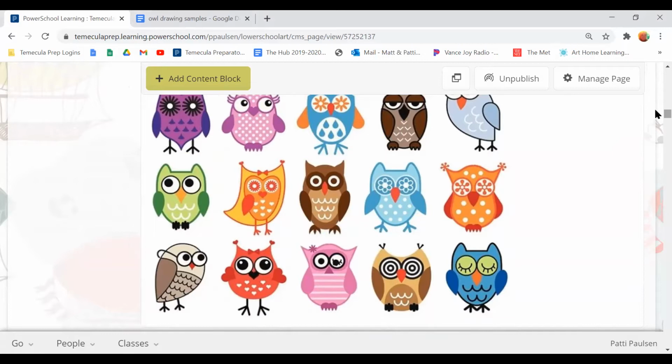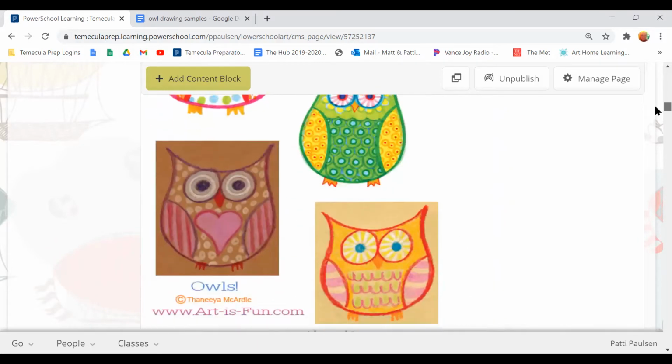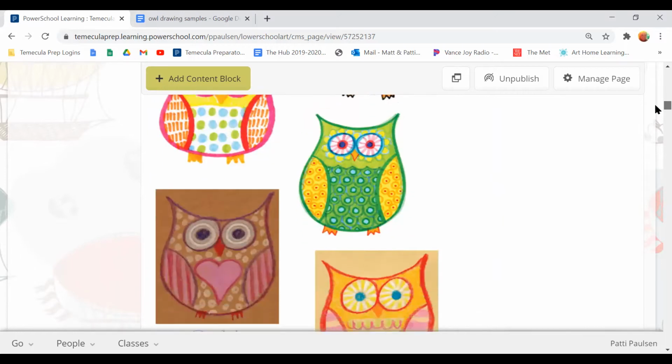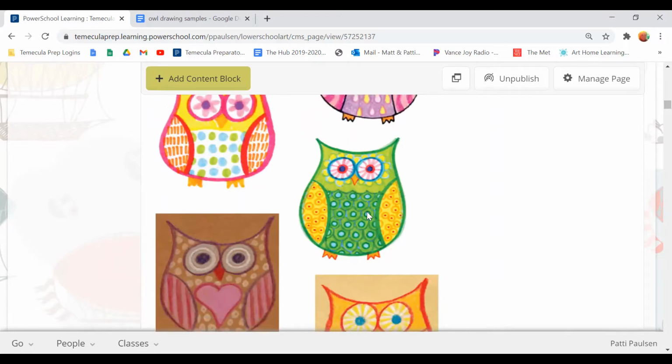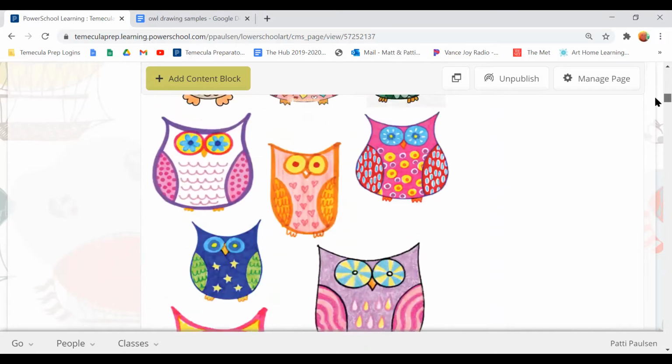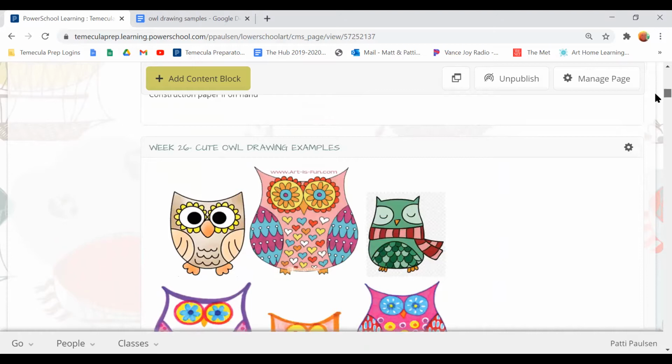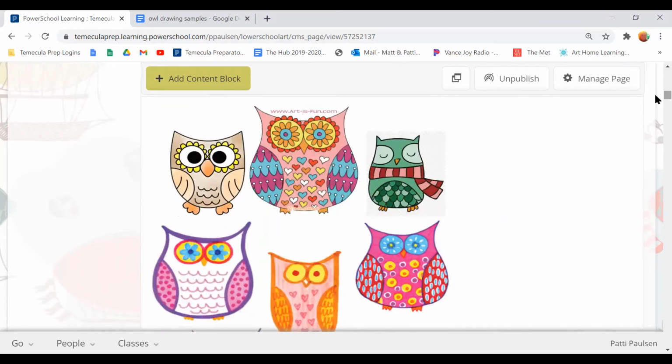So they all have in common big eyes, they all have wings, they all have a beak, they all have kind of a roundish body, right? So look at these guys, see some of the details here, and it might inspire you for your drawing because I'm gonna allow you to be creative. So this one has a heart. This one, this one's really neat. That's a neat design. It might be a little difficult for some of you, but I know when I've taught live kindergarten classes, some of the kids will go off and I'm always really surprised at what you can accomplish